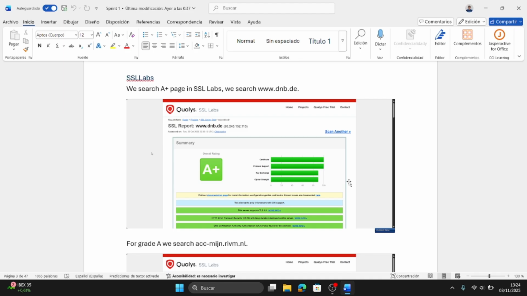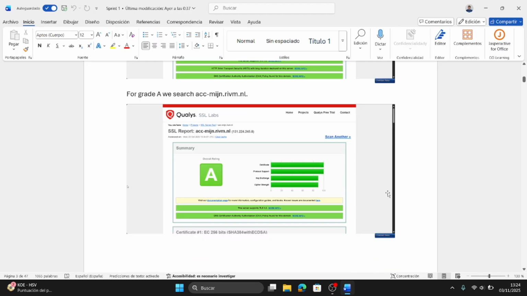For the grade A+, I search www.dnb.de, and we have here the range with the things that they use to protect the website.